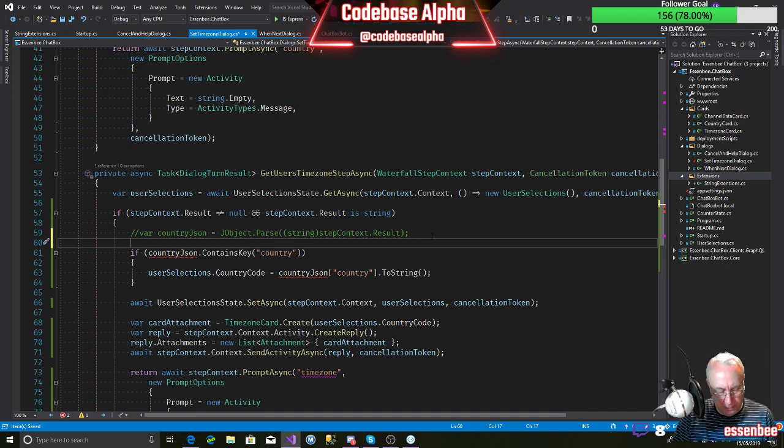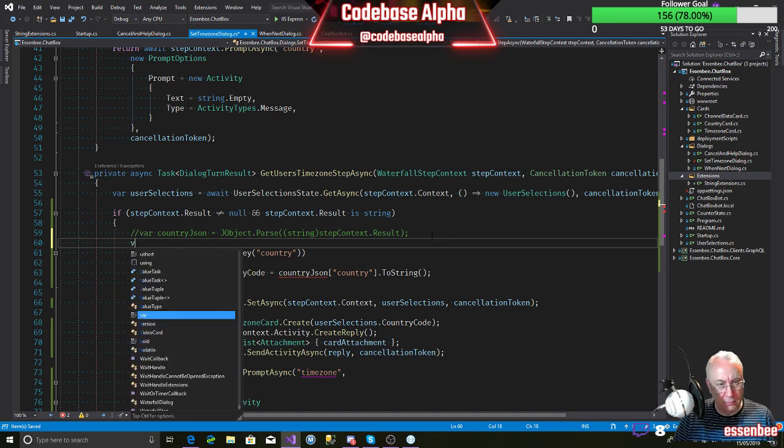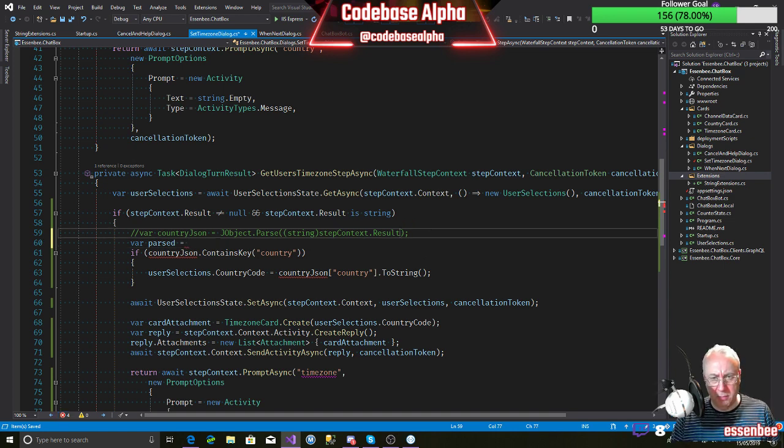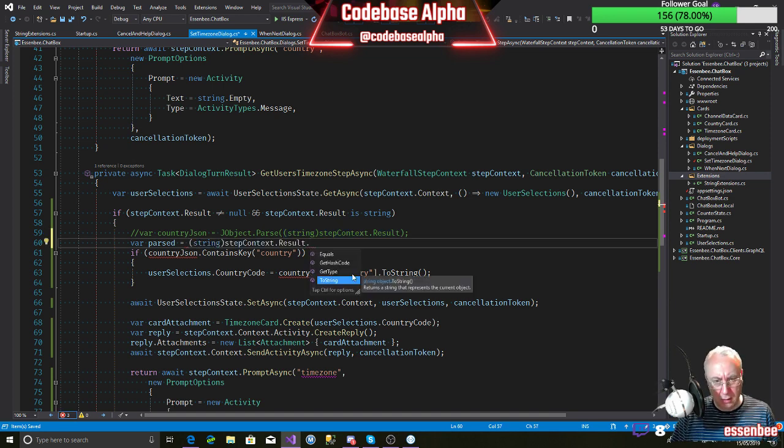So we want to say var parsed, and we'll change this up when we've got it actually working. Parsed equals. This all looks a bit messy with the casting there, but let's once again do the minimum that we can do.